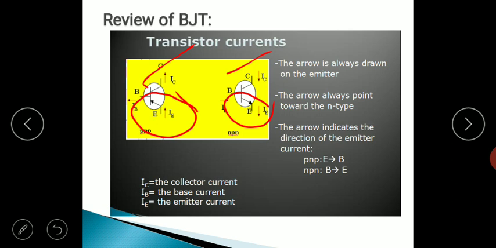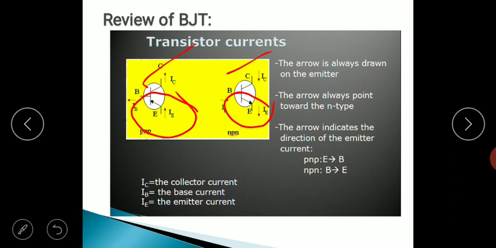Whether it is an NPN transistor or a PNP transistor, the operation of the transistor remains almost the same, only the roles of majority and minority carriers are exchanged. Then you may ask why there are majority and minority carriers. That's why it is called a bipolar transistor. Why is it called a bipolar transistor? Because in a transistor we get two types of charge carriers, that is positively charged holes and negatively charged electrons.